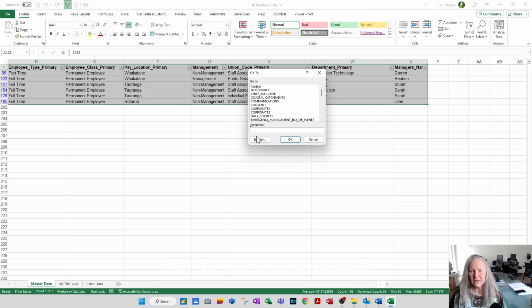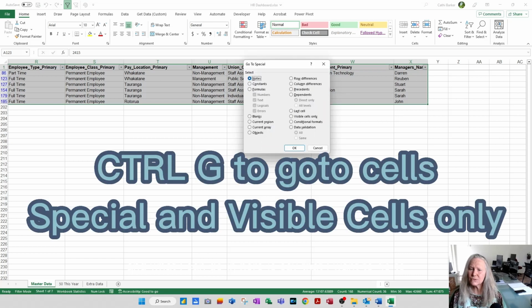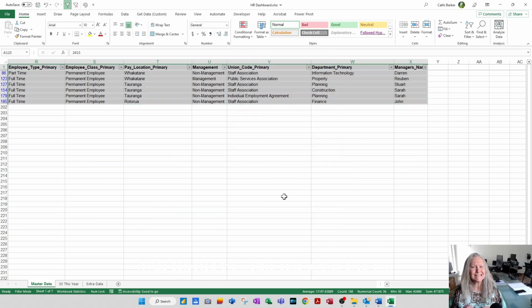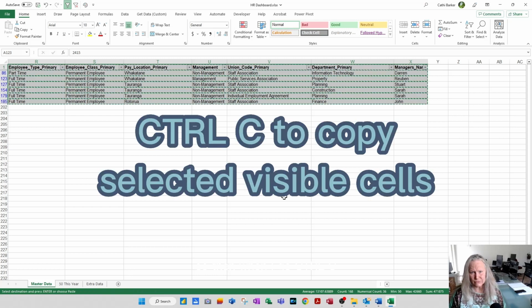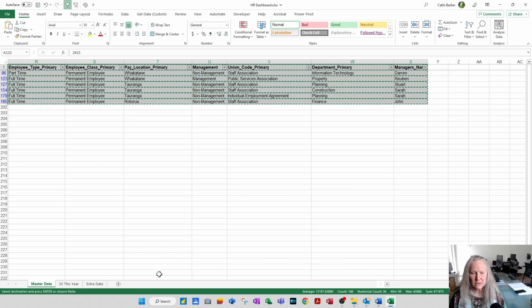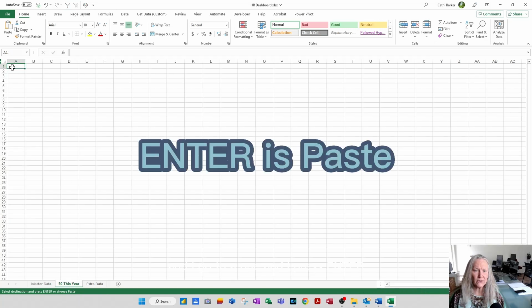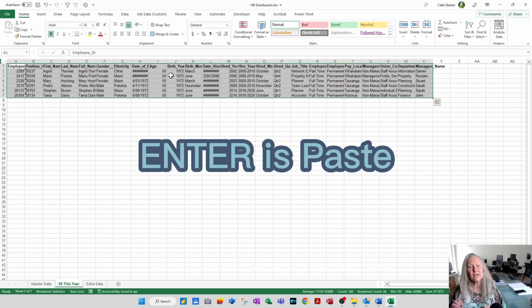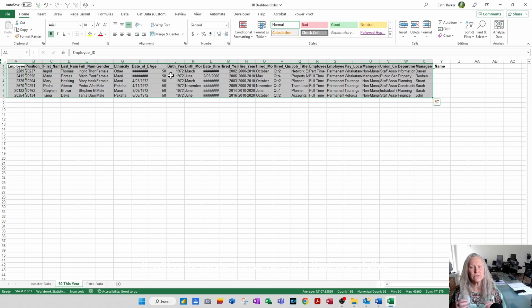When I do, I then get the Special button. So I'm going to go to there. And what I can do in here is say that I want to go to the visible cells only. And when I click OK, it has selected the visible cells in that area only. So then when I go Control C, it will have only copied the visible cells. Then if I go to 50 this year and I go to A1 and I press enter, it will only paste those records that are